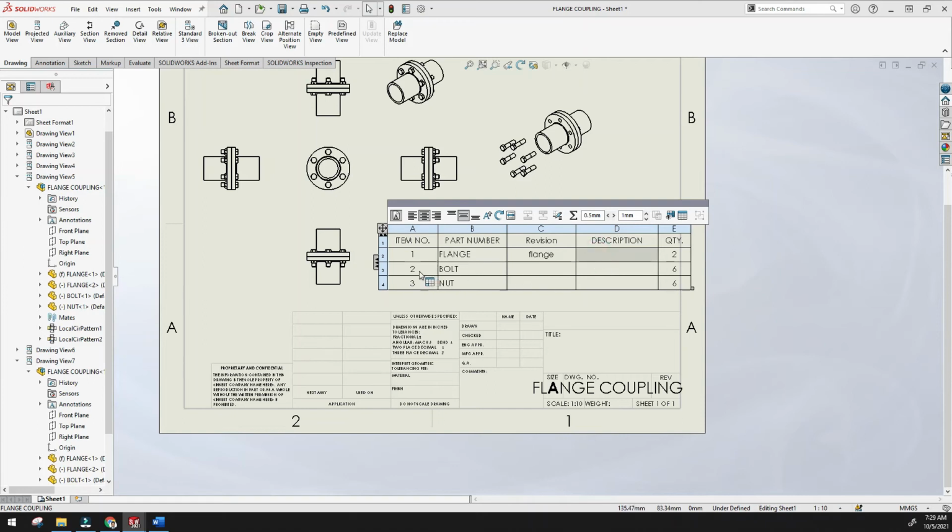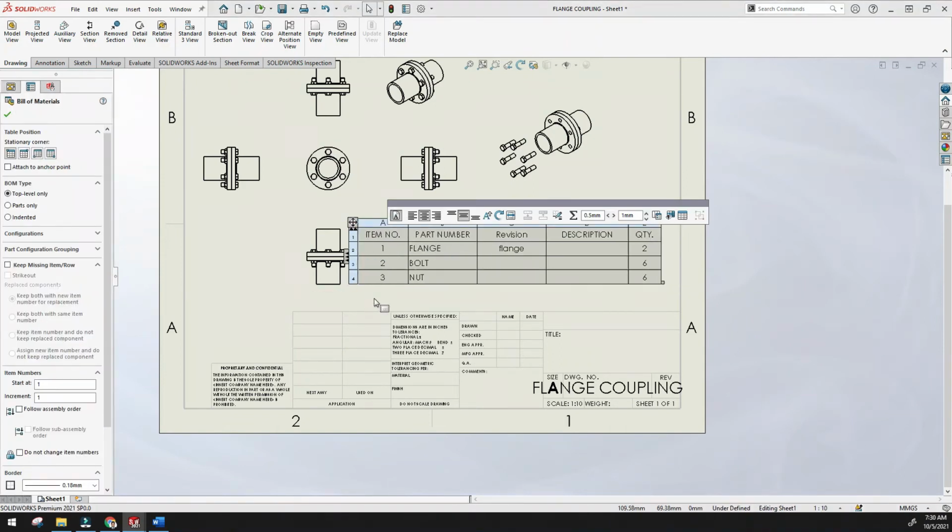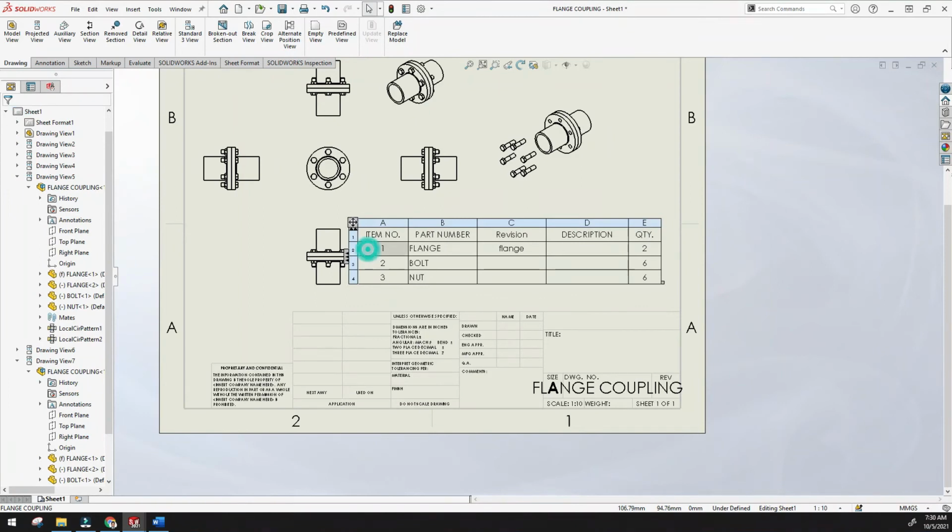If you want to give the description here, you can easily give descriptions also. Just click this.